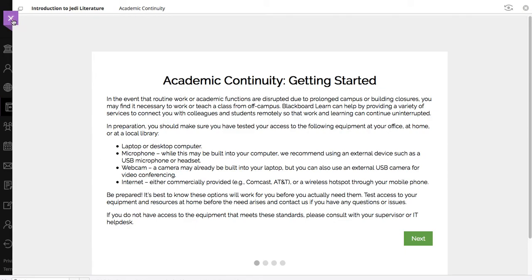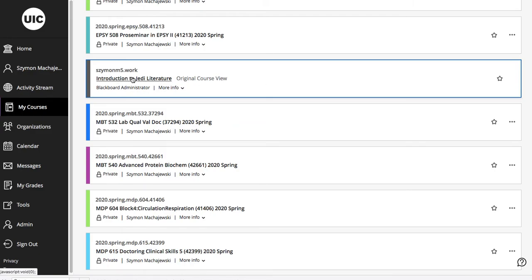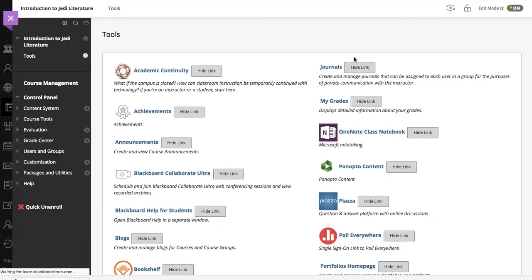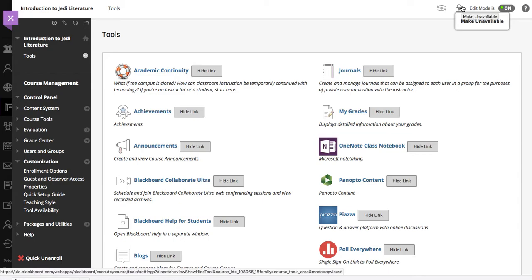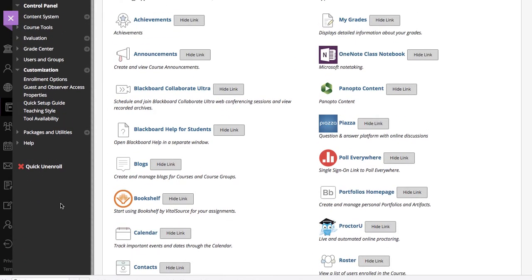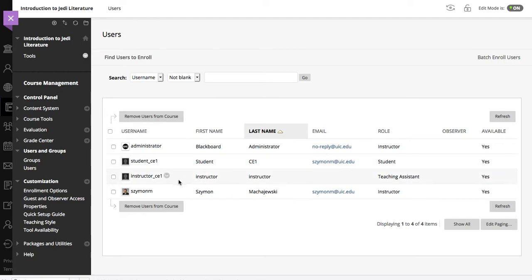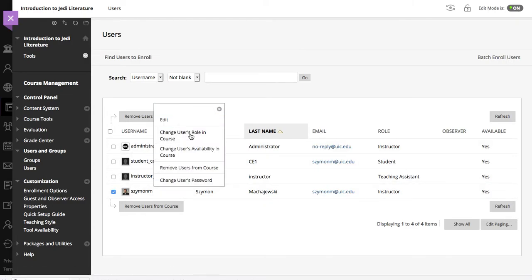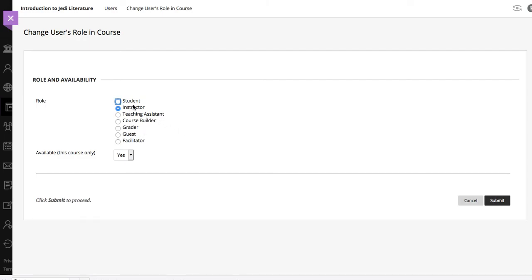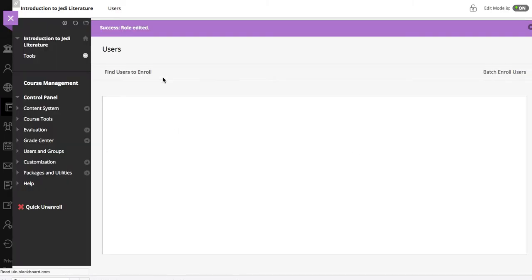So this particular tutorial is straightforward, only two objectives, and it helps faculty to create a scope around their remote teaching. And now I'd like to demonstrate to you the student's view. And to do that, I could switch the view as a student, or I can very quickly navigate here to users. All right, locate my ID here,